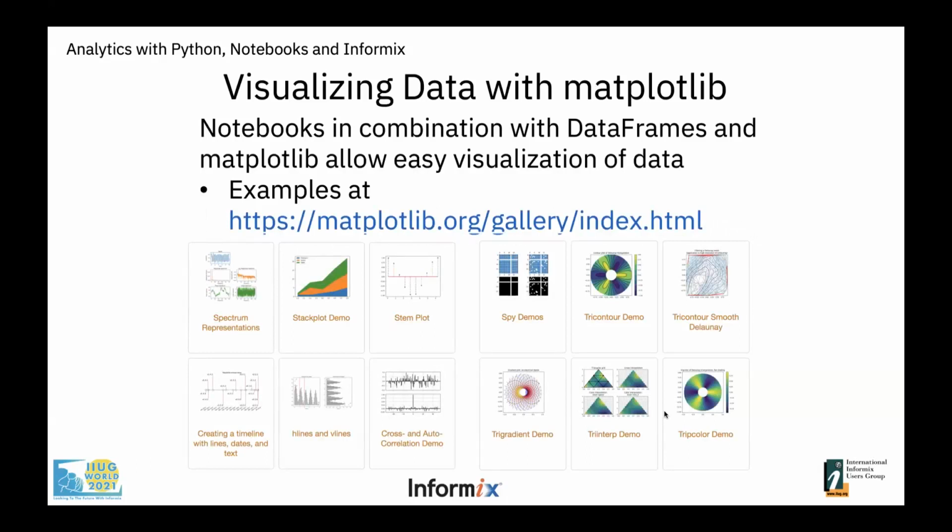Therefore, that's one of the reasons why I was converting my data from lists into DataFrames in my previous examples, because when you have DataFrames, you just can use many libraries which are expecting data frames. And